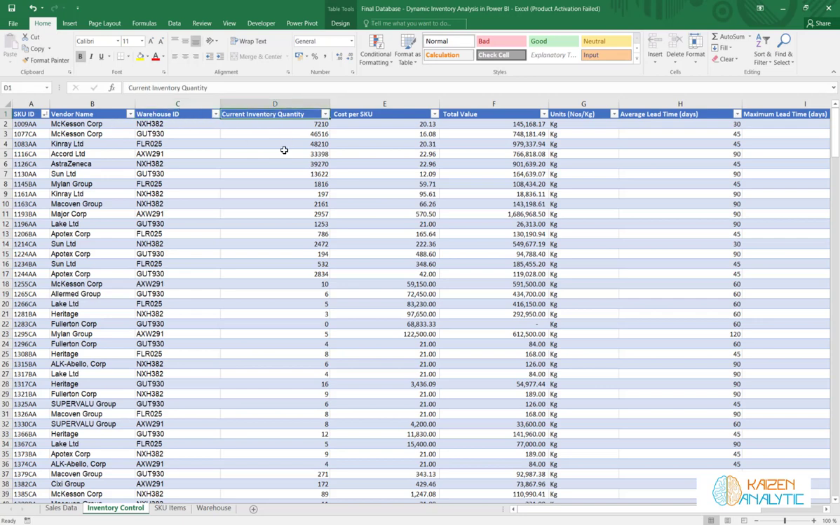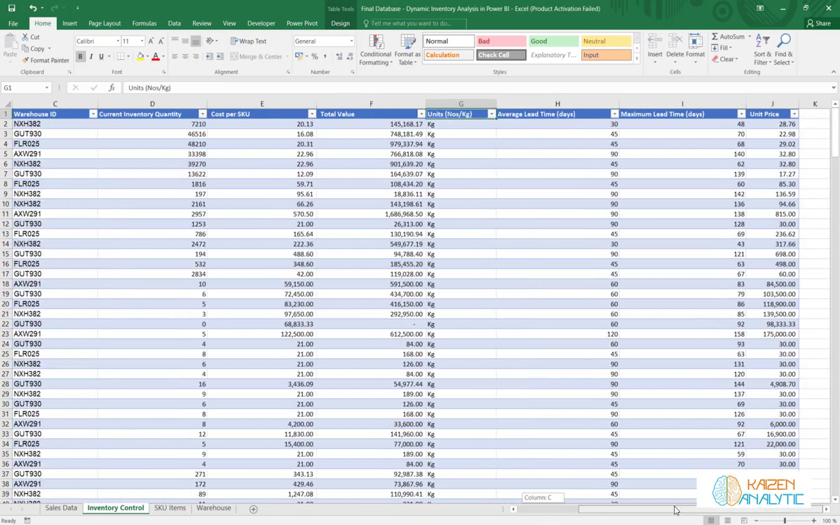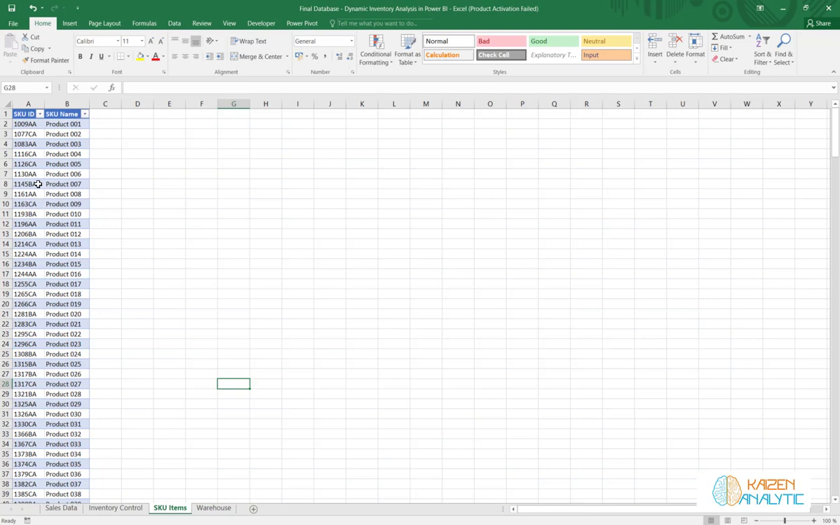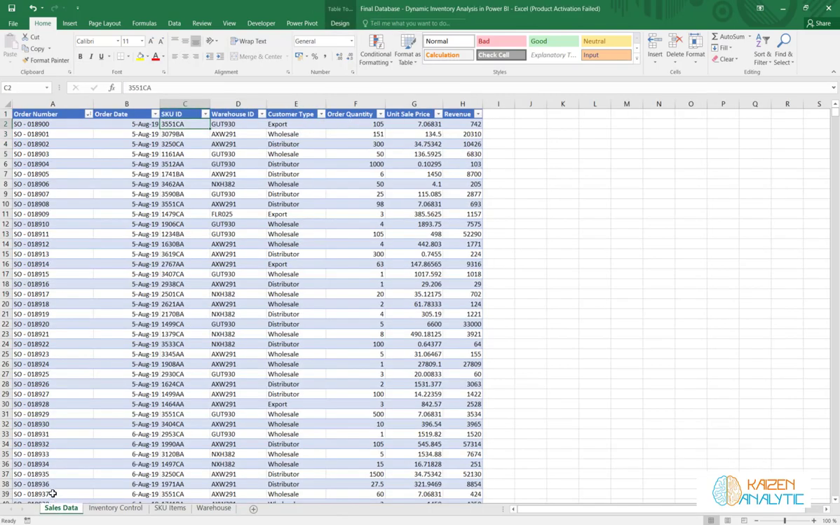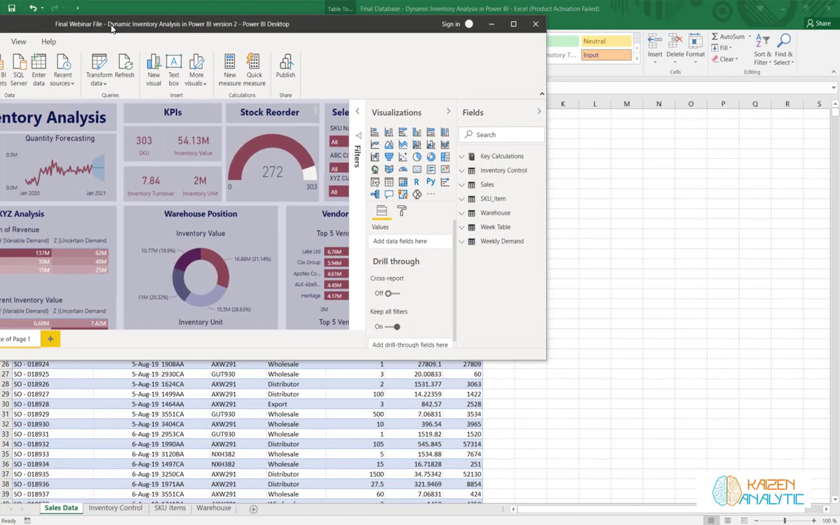Now this is the current inventory quantity. This is the cost of SKU, this is the total value, and this is whether it is in kg or numbers. This is the average lead time, this is the maximum lead time, and this is the unit price. The SKU table has only the ID and the name, not all the other descriptions, weight and other things. And this is the warehouse, so we have the warehouse code, and this data belongs to Canada. So this is our simple database which we will be using to create some amazing dashboard which I can display